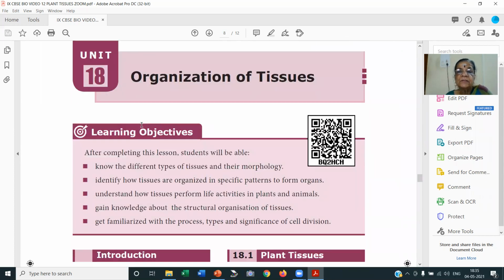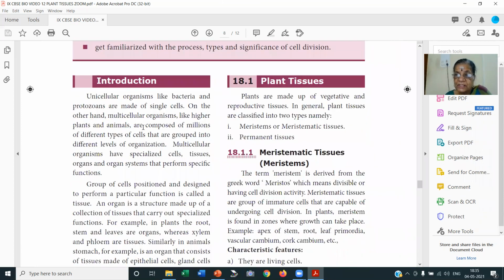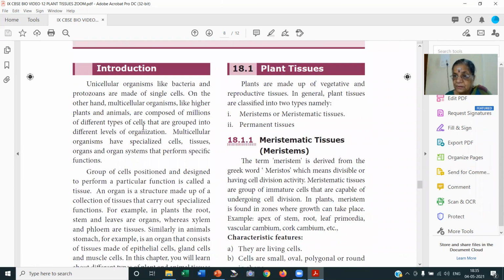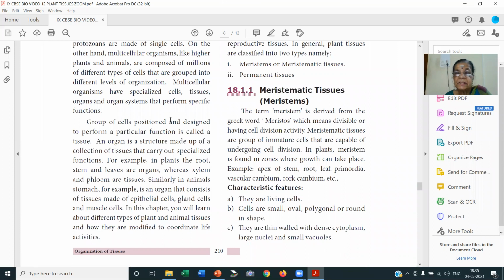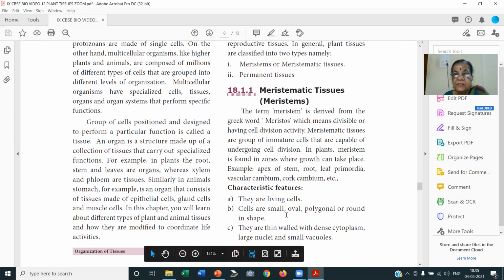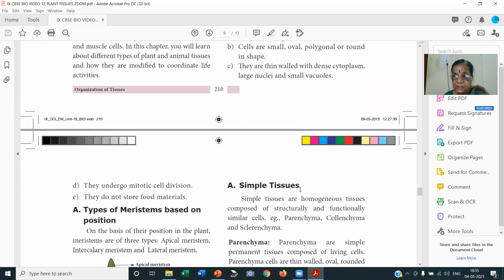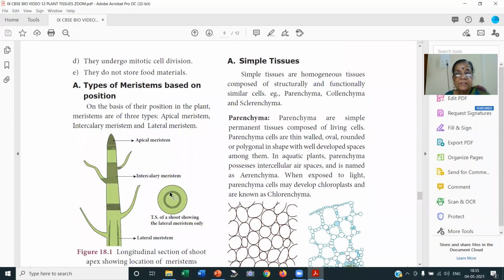Right? The next one is the same lesson with the reference book, as I did for animal tissues, we studied that. And as I said, meristematic tissue, look at the characteristics of meristem. I have given it in our QB also. Characteristics of meristematic tissue: living cells are small, oval, polygonal, and round in shape. They are thin walled with dense cytoplasm and nuclei are present. Correct? And meristematic tissue, we saw this just now, you will understand.